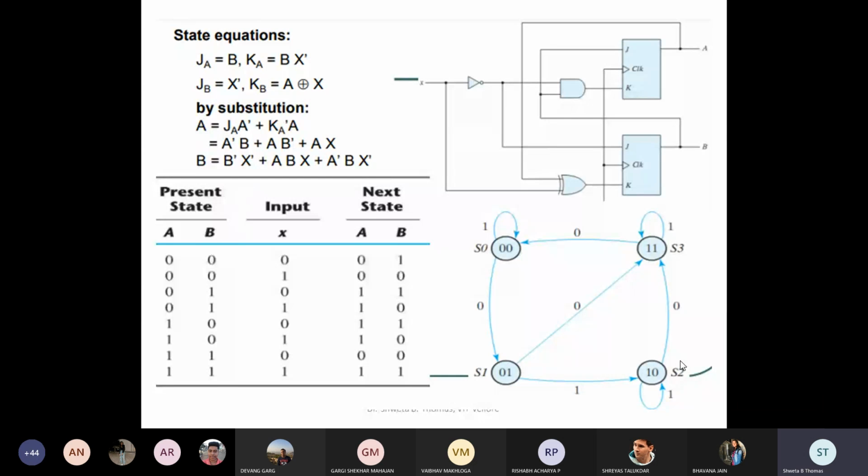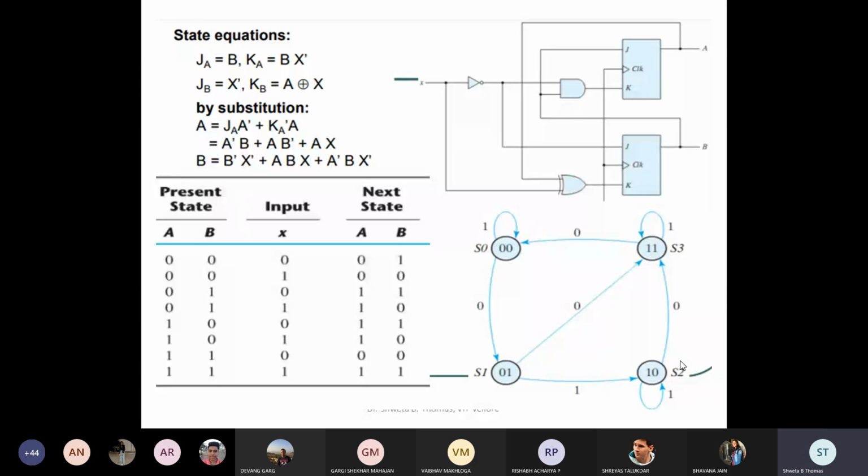How are we getting B is equal to 1 in the first case? So let me do cross check. B complement X complement. So both are 0, 0 and X is also 0. So B complement X complement both are 1, 1. So it will be 1. And rest of the things, one non-complement value is there, so it will be totally 0. That's why we are getting value 1.